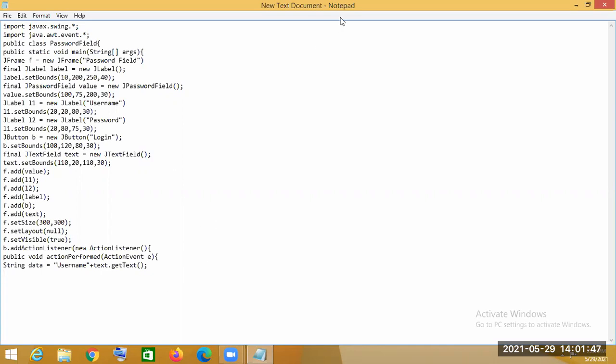We are calling it with text, which is the text field object.